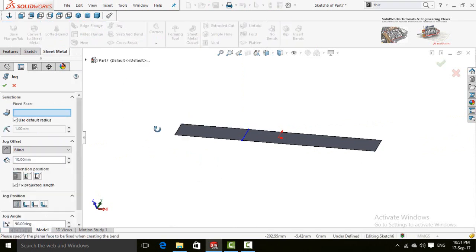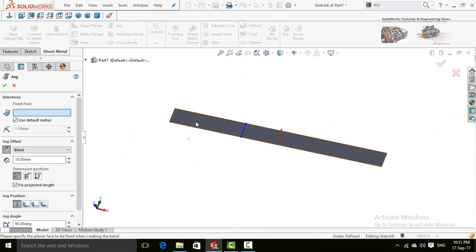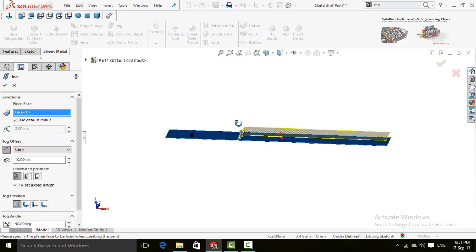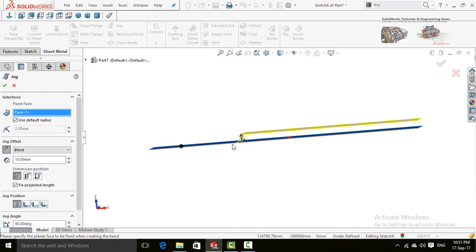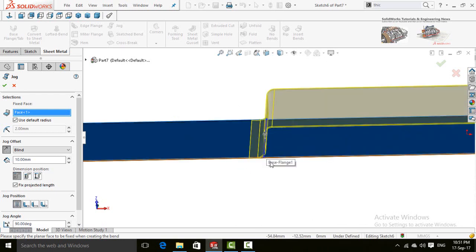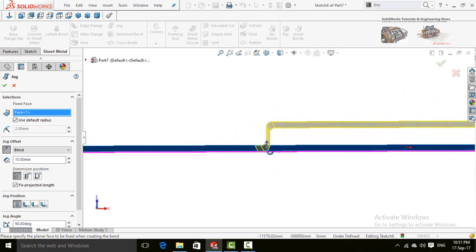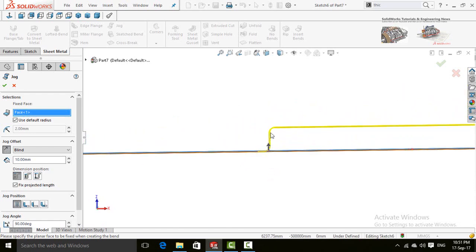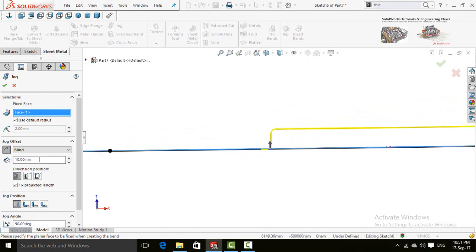Select the jog command. First of all, it will ask you about fixed faces. So this is our fixed face. Our sketch is automatically selected. So you can see there are two bends in our sheet metal. This is the distance from this point to this point. You can increase or set your own.